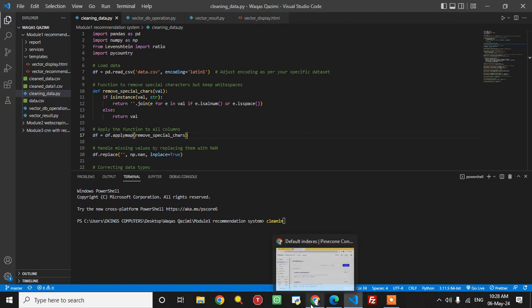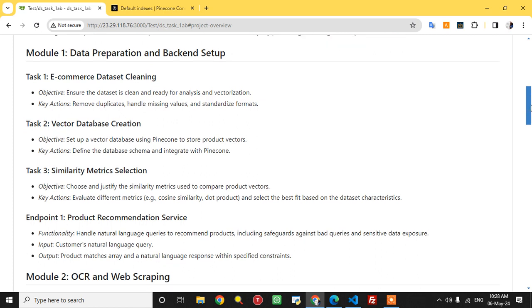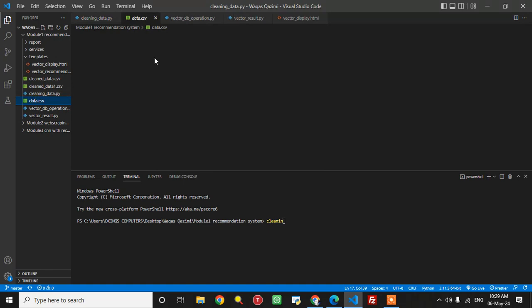Okay, so as discussed in the actual modules, the requirements in the first module, I need to prepare the data. As required, the data set must be cleaned, and then the vector database is created, then similarity matrix selection is done. For this first task, there is need for cleaning the data, which I used pandas, numpy, and then other libraries that will help in looking at the uncleaned data, which is this one,